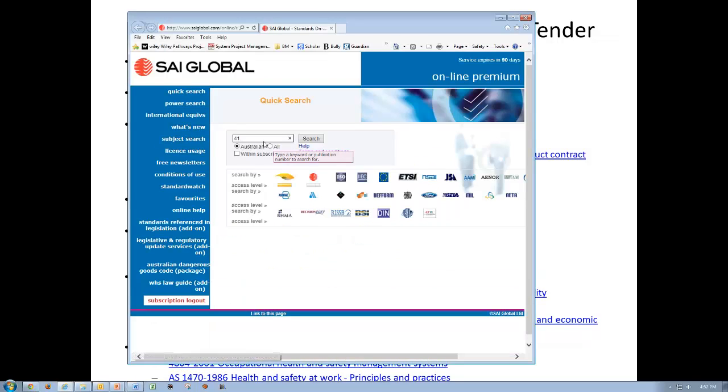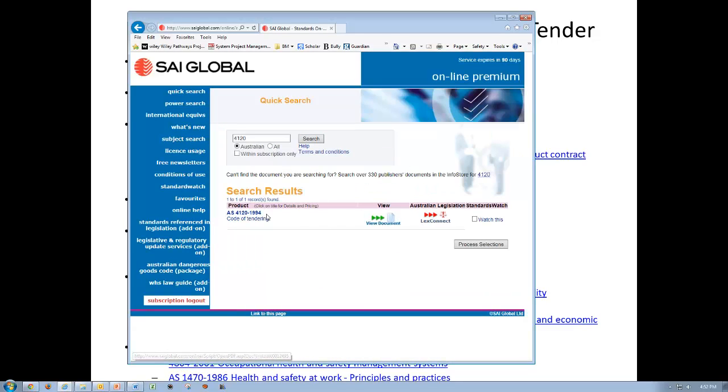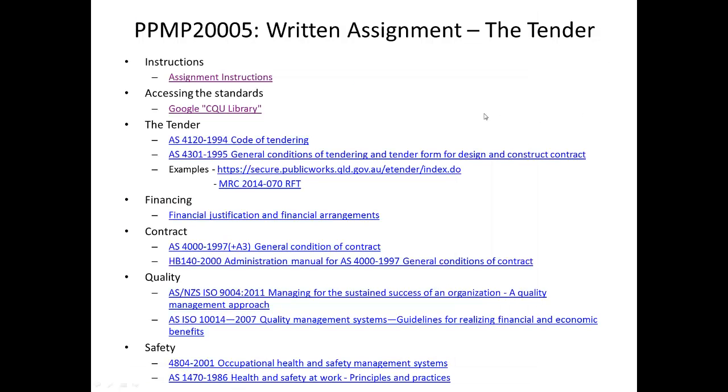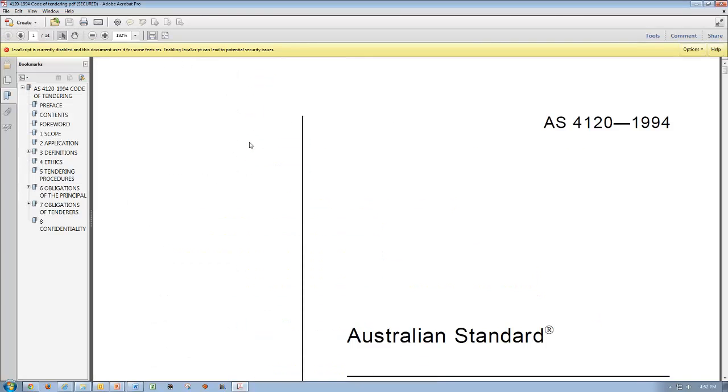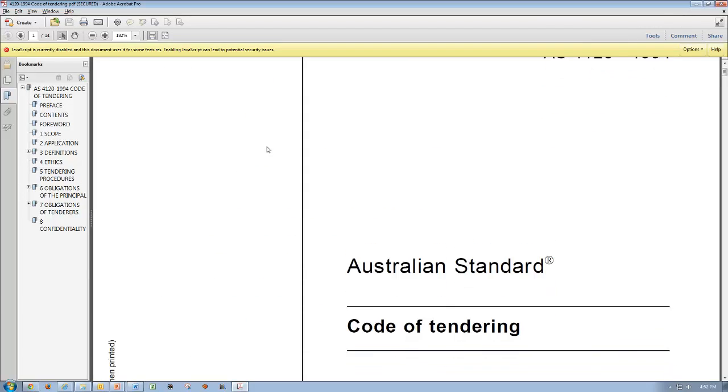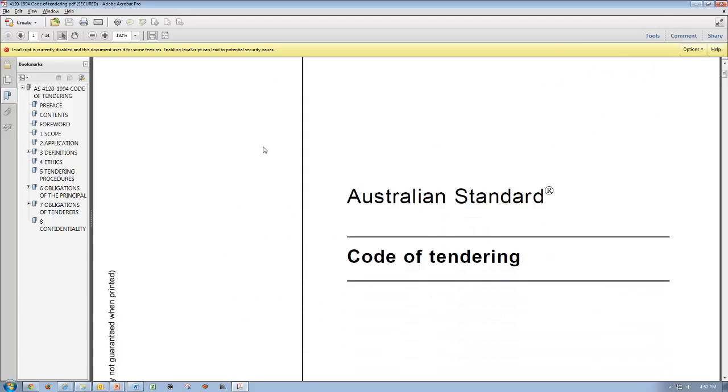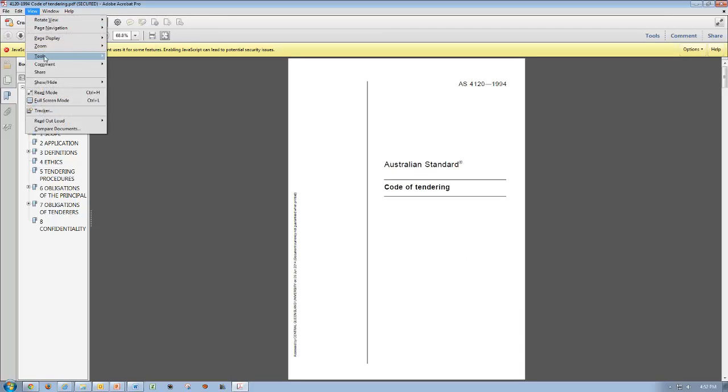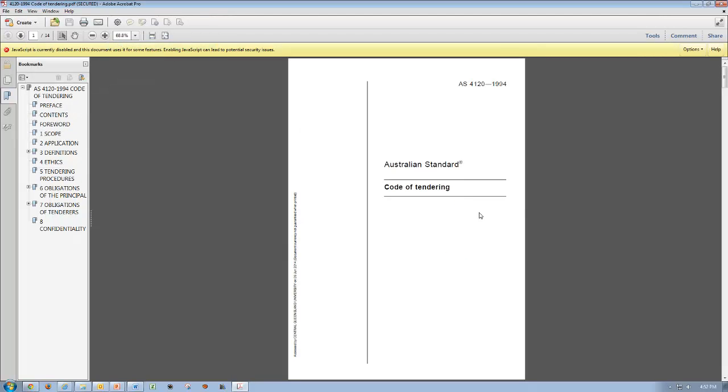4120 was what I said, so type 4120 in the search, and the standard will be displayed for you, and all you've got to do is download it. Now, 4120 is a standard around the tendering. With this standard, I'll just zoom it down